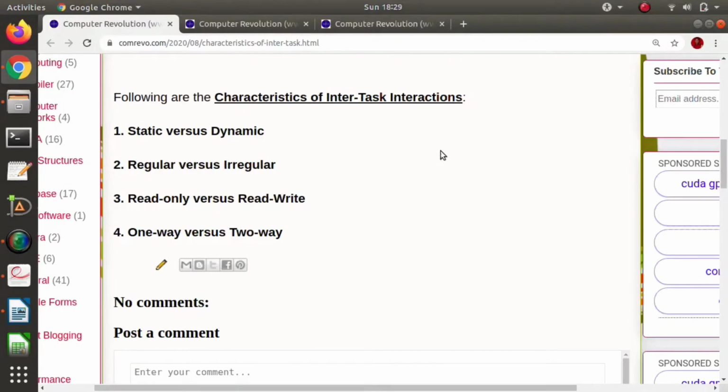In the last video, we have seen different characteristics of tasks. We require these characteristics of tasks for a good mapping technique, or to decide which mapping technique or which mapping scheme we require. In the same way, we require one more thing, and that is called characteristics of inter-task interaction. We are talking about the interaction. So for a good mapping technique, or to decide any mapping technique or scheme, we also have to consider different characteristics